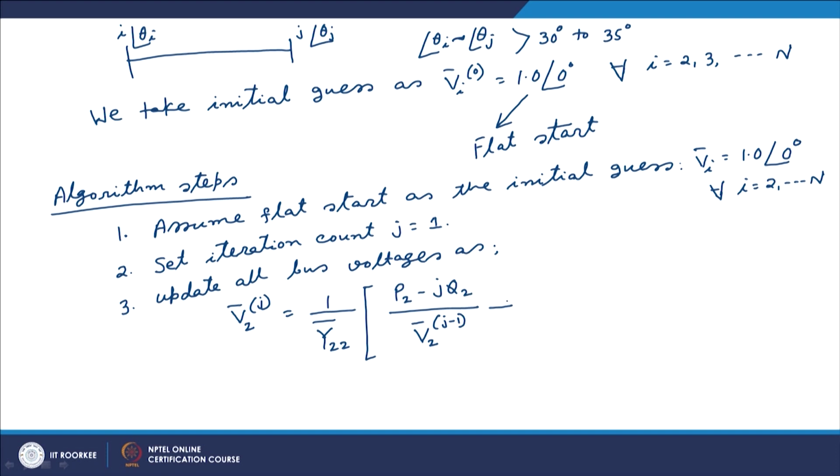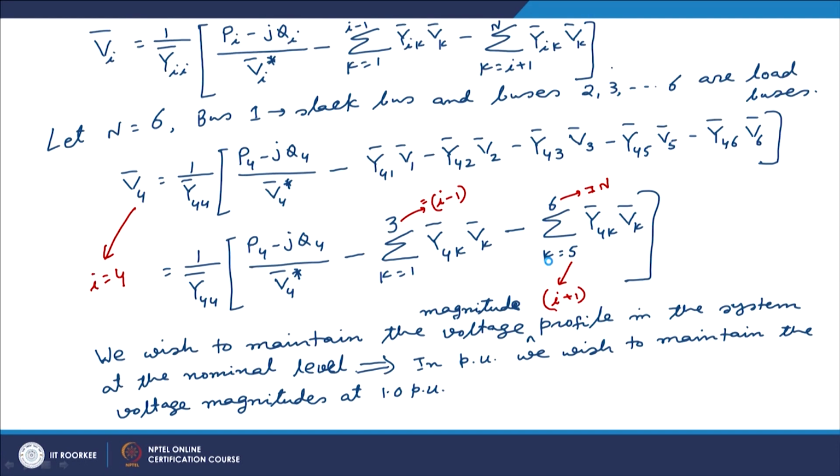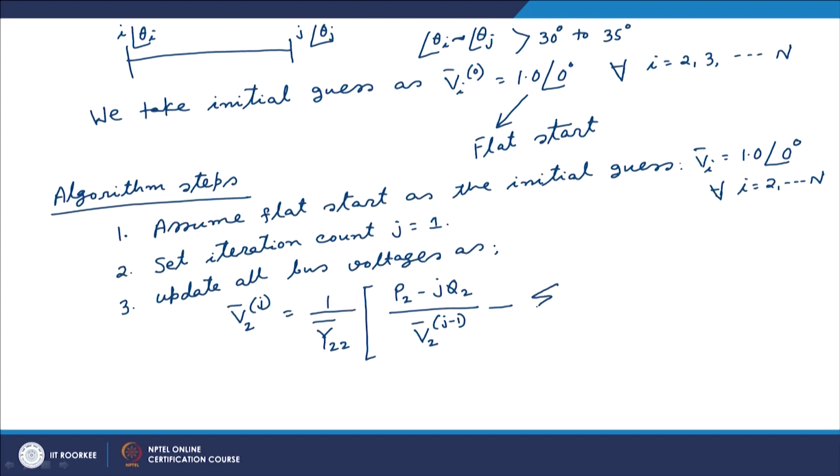Then minus, now because we are now talking about V2, we do not have to solve for bus 1. So in this expression this term does not exist, because here I is equal to 2, so k is equal to 1, 2, but I do not have to solve for 1 because bus 1 is already the slack bus. So I have to only take this part, so it would go as k is equal to